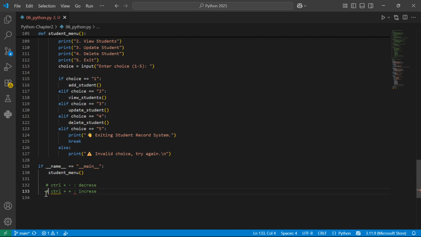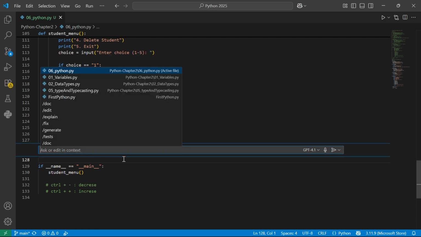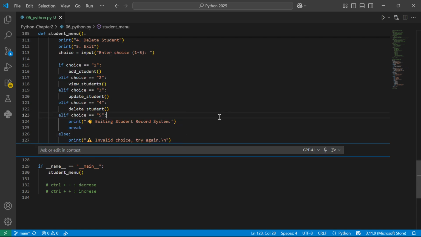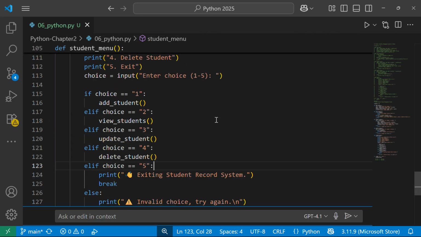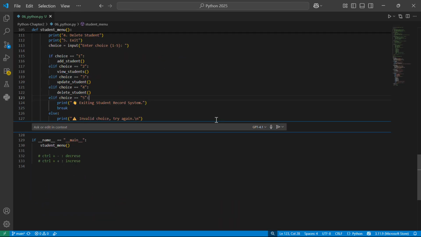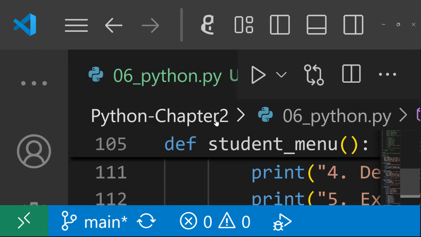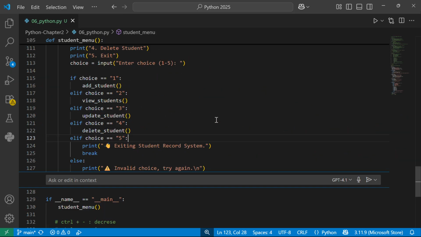I would show you that now I am pressing the control minus button, so my code is decreasing. Okay, and whenever I press the control plus button, my size and font is increasing. So that's how you can increase and that's how you can decrease the size in